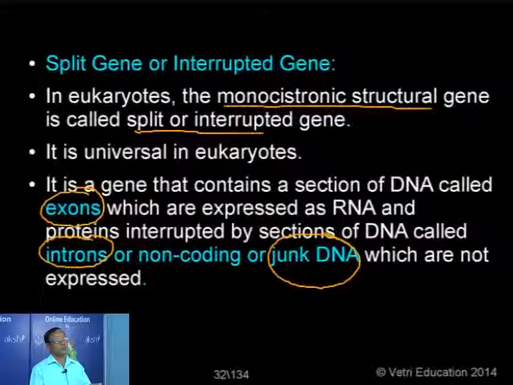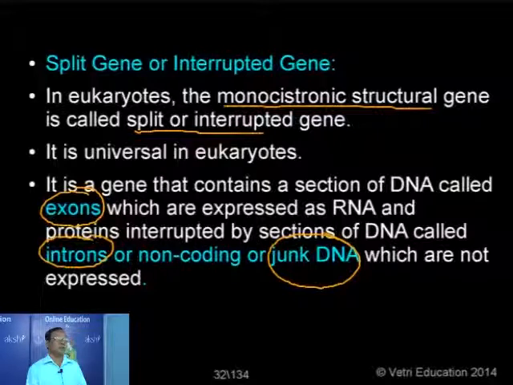At the time of transcription or after the transcription process, the unwanted sequences are removed and only the useful sequences are joined together. That is why we have the expression of useful proteins with a phenotypic character. If the process is not done properly, I will come to that later. What process? The removal of unwanted sequences and joining of the useful sequences. If it fails, then we have some hereditary diseases. Nearly 50% of human hereditary diseases are because of this error, because of non-removal of the sequences of no use. Anyway, the coding sequences are called the exons,